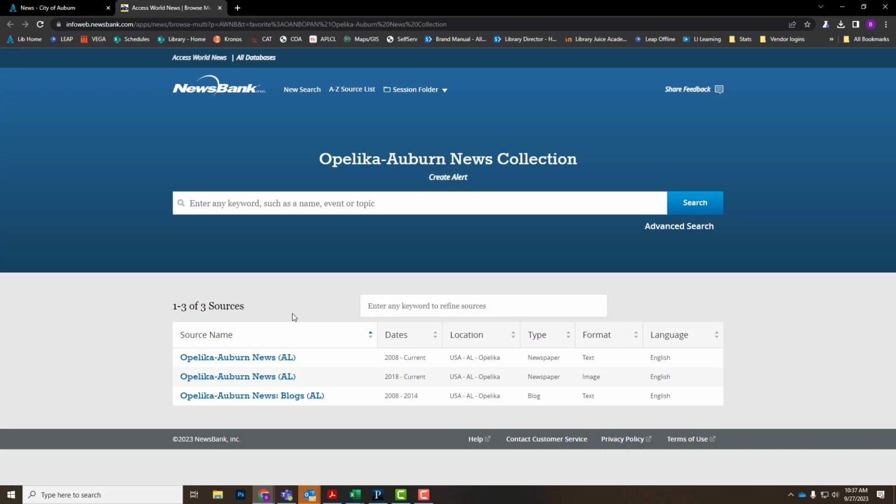As you can see, you can get a text format of the OA News from 2008 to current, or you can do the full image from 2018 to current, as well as some archived blogs there. I'll show you the difference between the two. If we do the text,